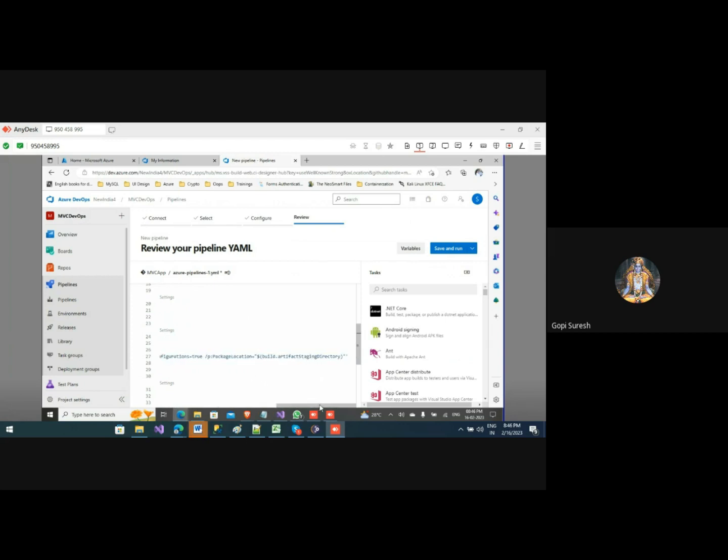This line of code will build the application, combine everything into a zip file, and push it to the target area. The target area means whatever server we have mentioned here, so that will be taken care of. There it will pass this code, and after that the application will run.